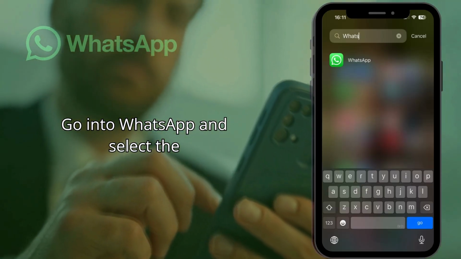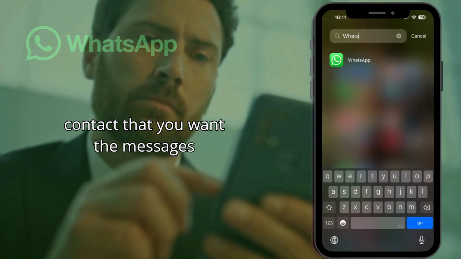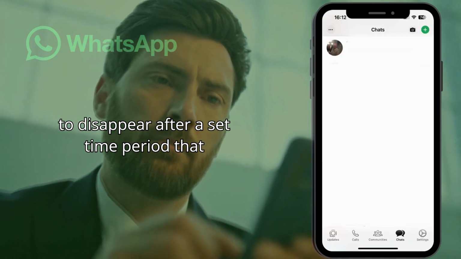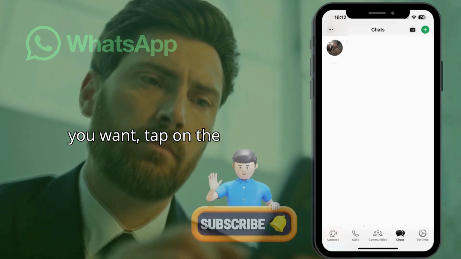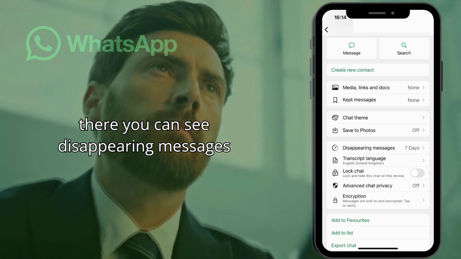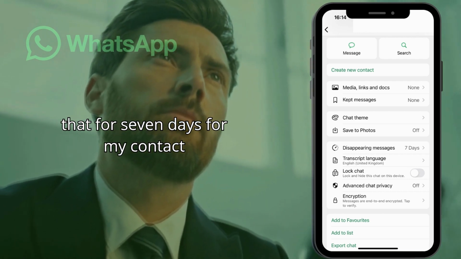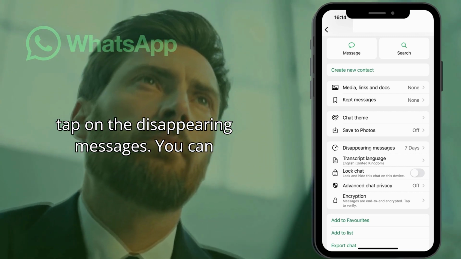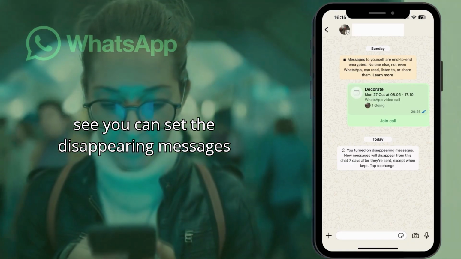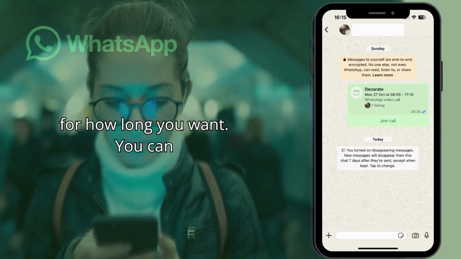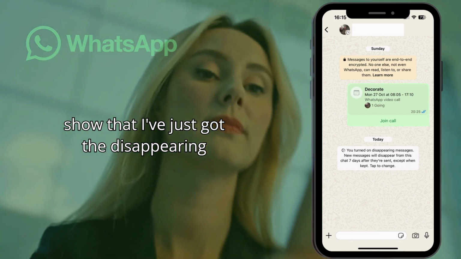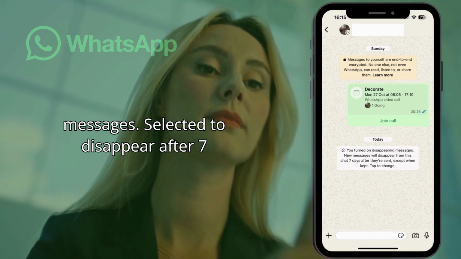Go into WhatsApp and select the contact that you want the messages to disappear after the set period that you want. So tap on the contact name. And there you can see disappearing messages set for 7 days for my contact. Tap on the disappearing messages. You can see you can set the disappearing messages for how long you want. You can see it's sending me a message to show that I've just got the disappearing messages selected to disappear